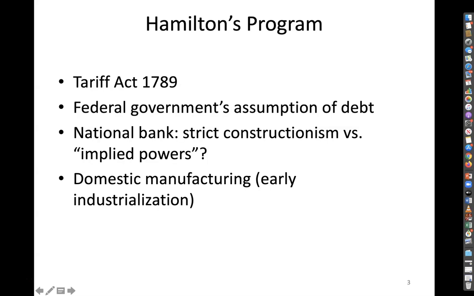In the previous video, we discussed how there were competing ideas and competing visions in terms of what political economy should be pursued for the new republic after 1789. And this was seen in the juxtaposition between Hamilton and Jefferson, right? Jefferson believed in an agrarian based economy, as opposed to Hamilton, who felt this new republic should be commerce oriented, commerce based, and even that it should pursue early industrialization.